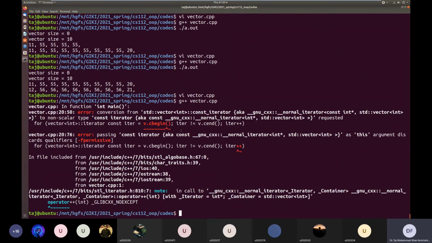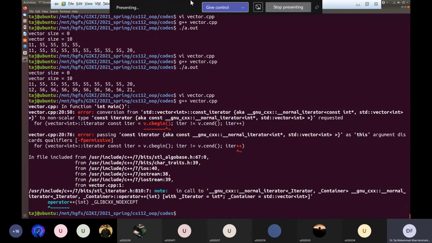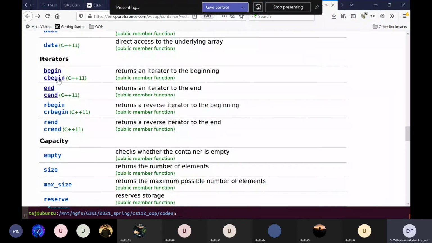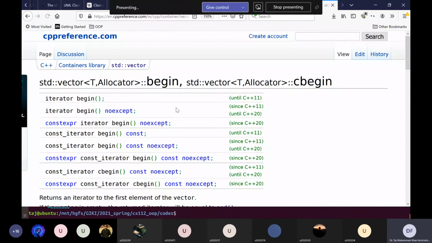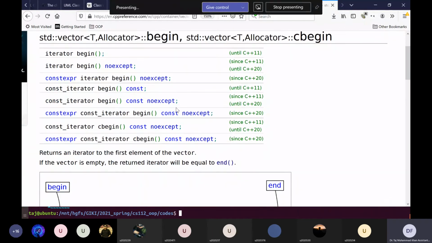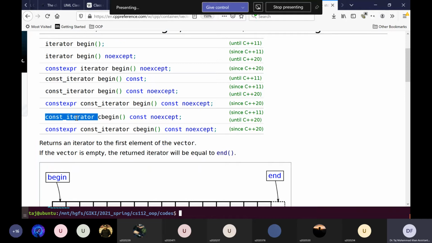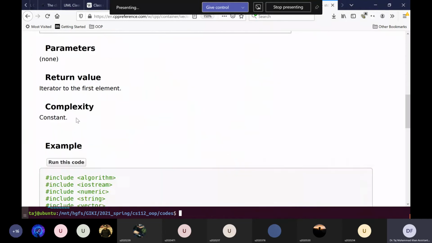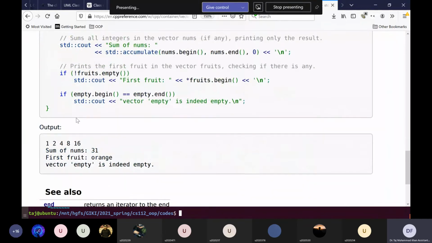Let me see what the return type of cbegin is. It gives you a const iterator. What's the syntax for const iterator?